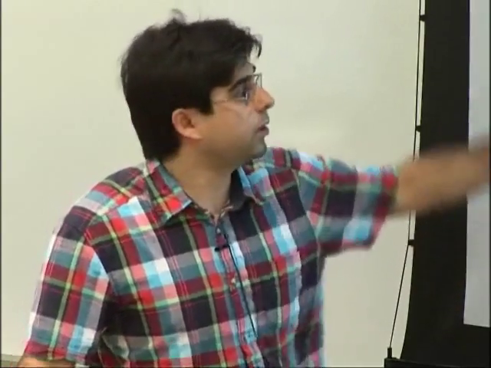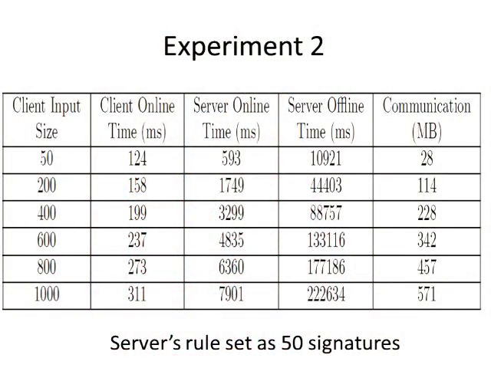When you have like 80 signatures, this is where the client's input is fixed. We take 126 characters, and this is the number of signatures that is increasing. 126 characters was kind of the average for Snort's HTTP rule set, and this is the average HTTP packet size from some studies that we looked at. Here is where we fix the server's rule set to 50 signatures, and we play with